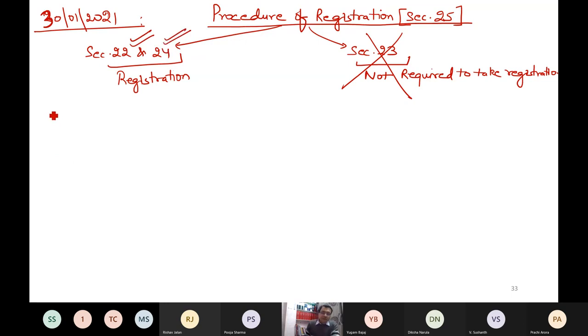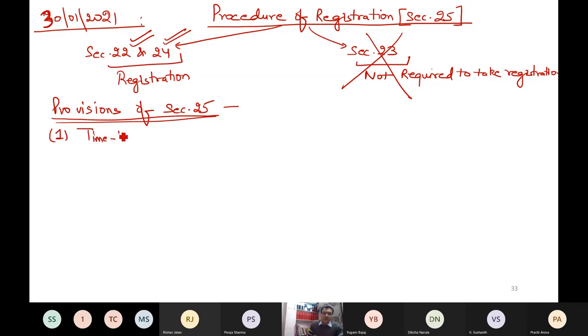So let me start the provisions of section 25. What provisions are there? So what is my first point? I hope the screen is clearly visible. What is my first point? If you remember the act, it talks about the time limit. Section 25, subsection 1 talks about the time limit. What it says: